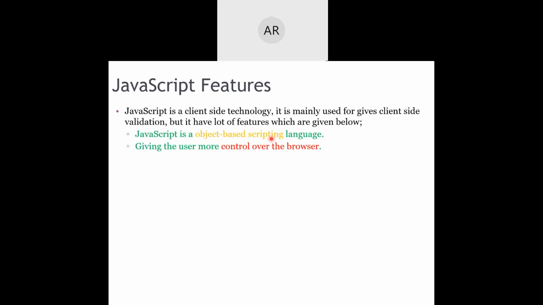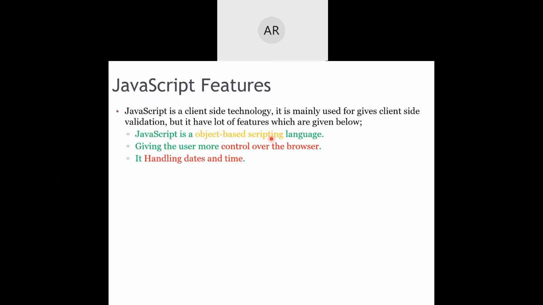More control over the browser in the sense that the browser will perform its own activities. It will have its own look and feel of the button. The button will be squared type, with some dashed bordering effects. But using JavaScript, we can override that effect and create smooth edge buttons, not a rectangle button but a rounded rectangle button. We can give some coloring to that button and perform actions by clicking that button. All that functionality will be done using JavaScript.